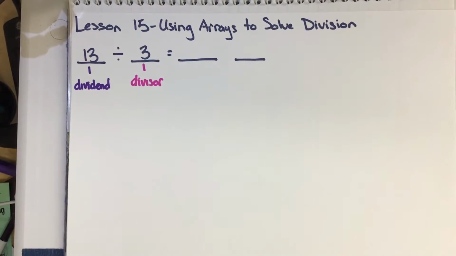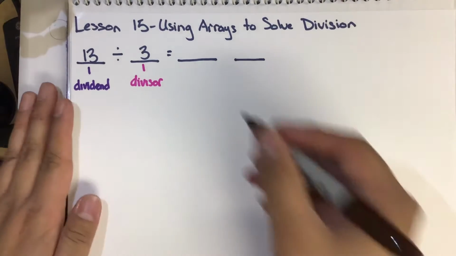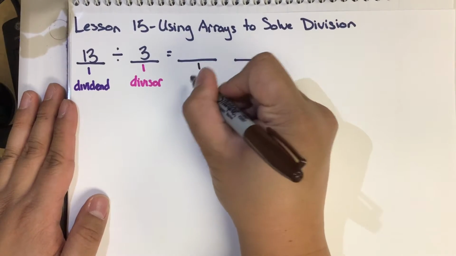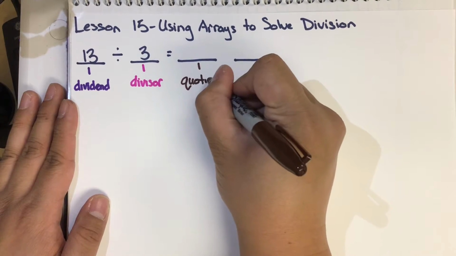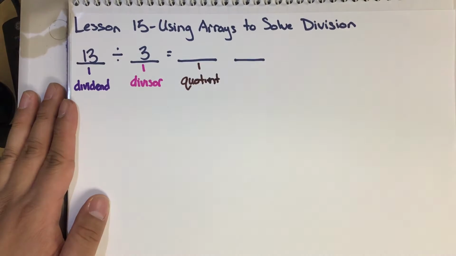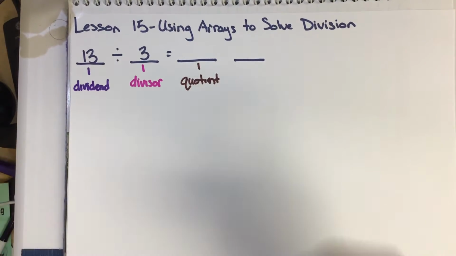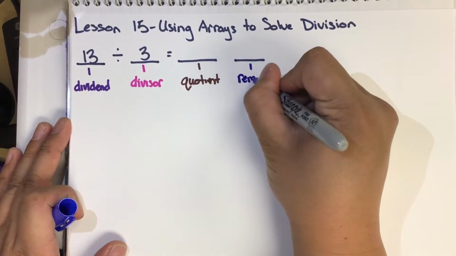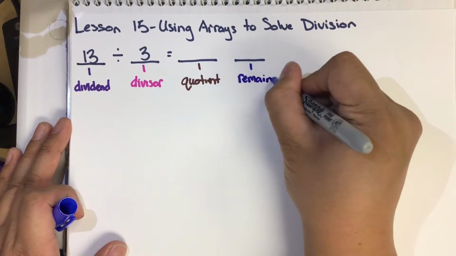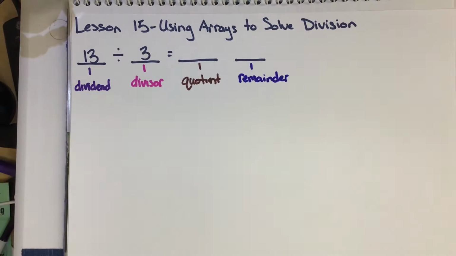Now, when we start to complete our problem, we're going to be trying to find what's labeled as our quotient, which is our whole number of groups here. And also, we're going to be seeing that there's a number that shows the remainders. Now, we're going to take a look at trying to solve 13 divided by 3 first as our example to